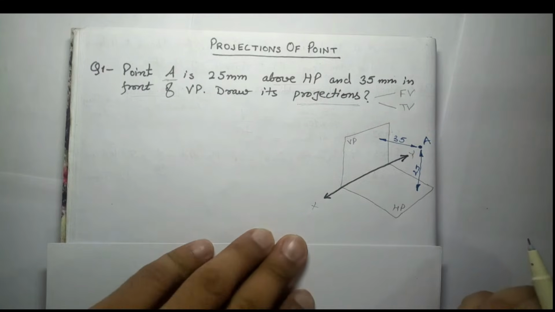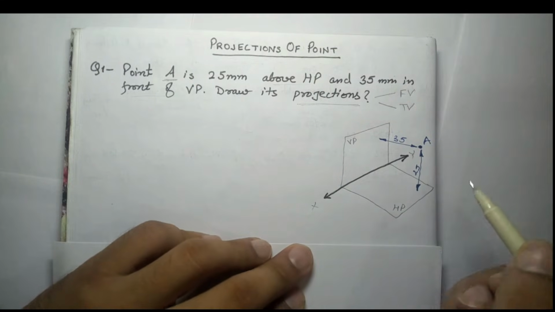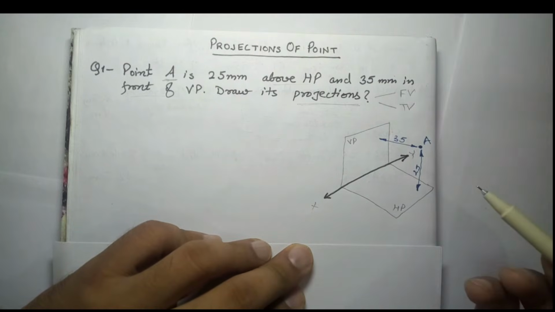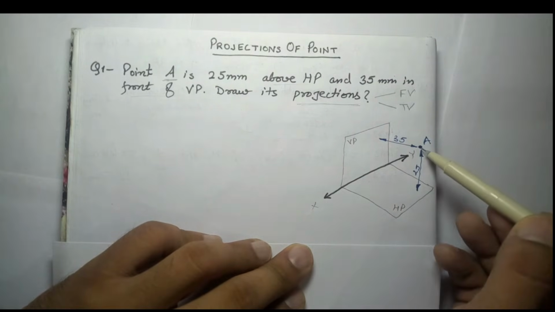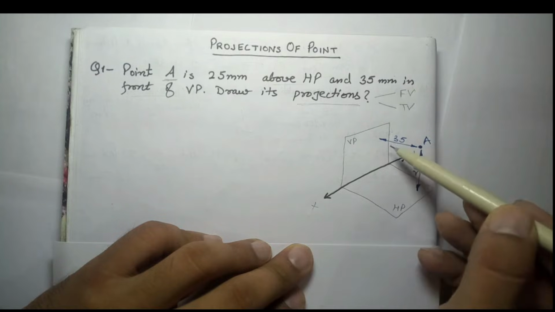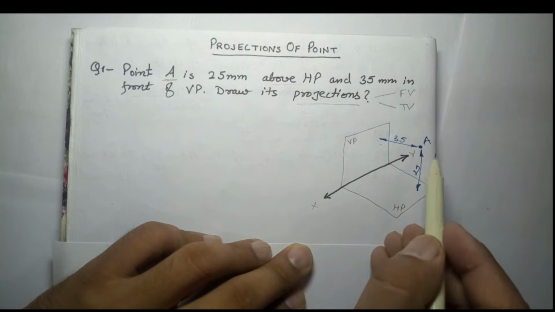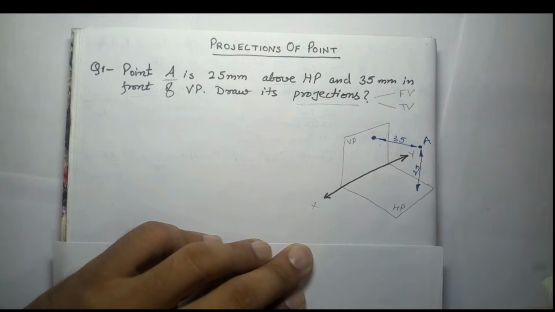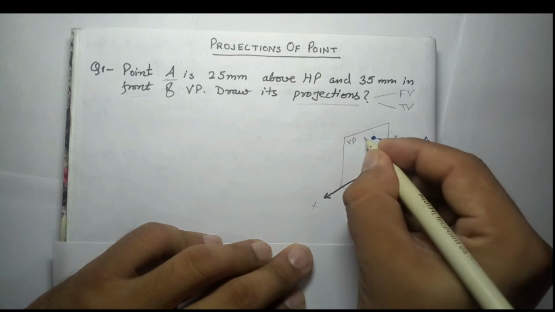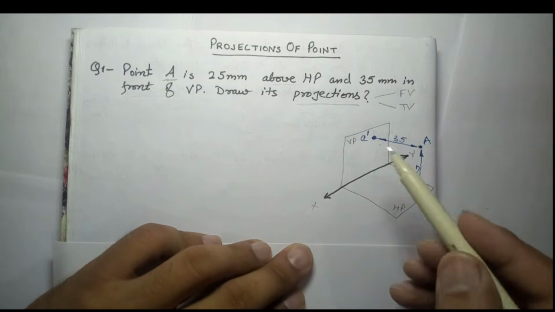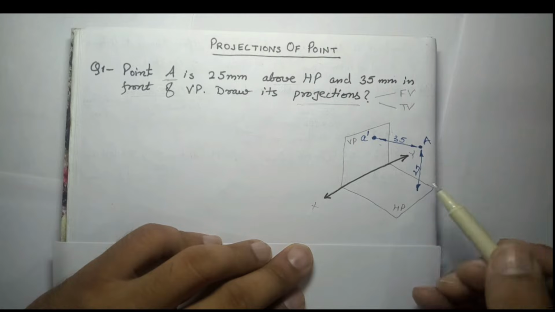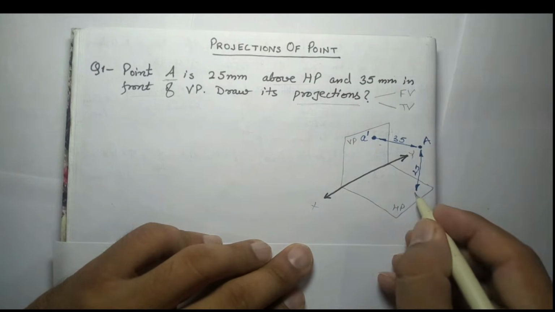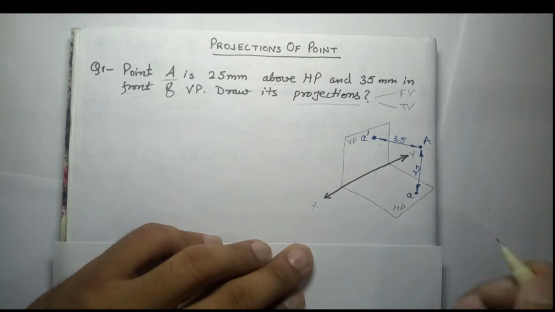Now we have to draw its projections. We know the standard position of the observer: this side for front view and this side for top view. When you are standing here in front of a mirror and the object, a dot, is present in front of the mirror, its projection will be here on VP, and that will be named as front view with a small a dash. I have told you, front view with a dash if the name is A, top view without dash. When you see the top view, from the top its projection will go on HP, and you will get the top view of this point, known as A only.